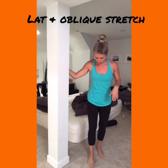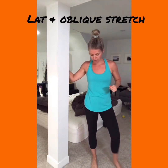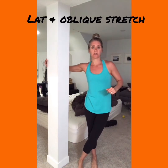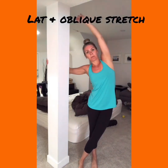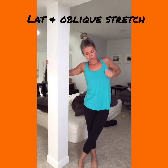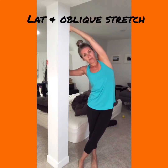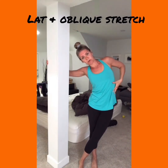My right foot is up against the side of the post. I'm going to cross over with my left leg. I'm grabbing the edge. You can see my hand here on the other side, grabbing the edge of the post. And I'm bringing my left arm up overhead, trying to keep my body straight as if I was walking between two panes of glass. And then I'm leaning away. So I'm making kind of a nice C curve with my body. I should feel a nice stretch through my oblique